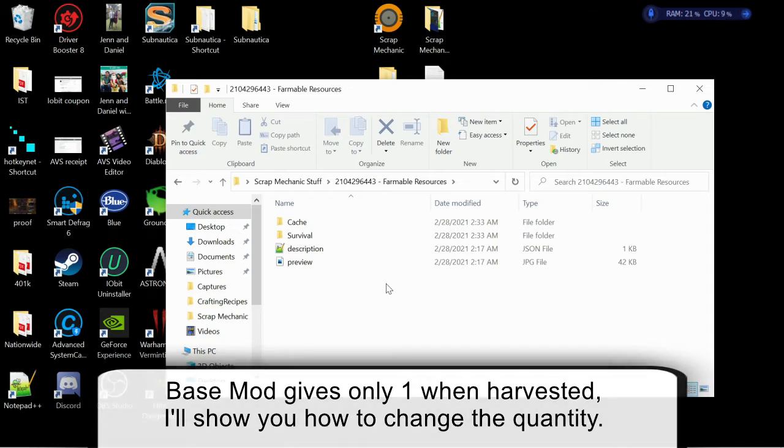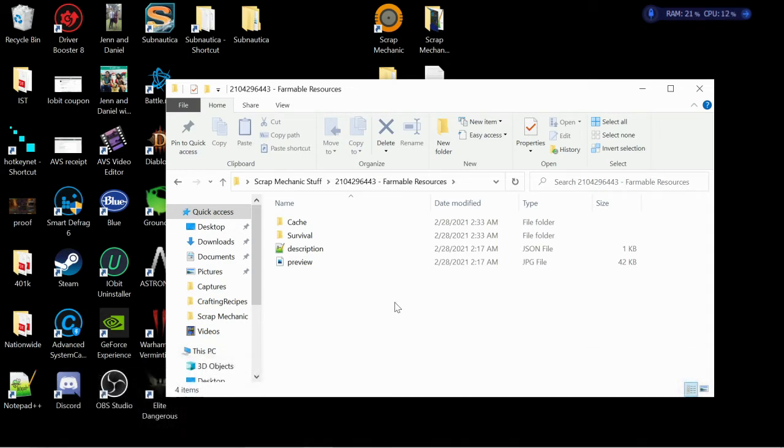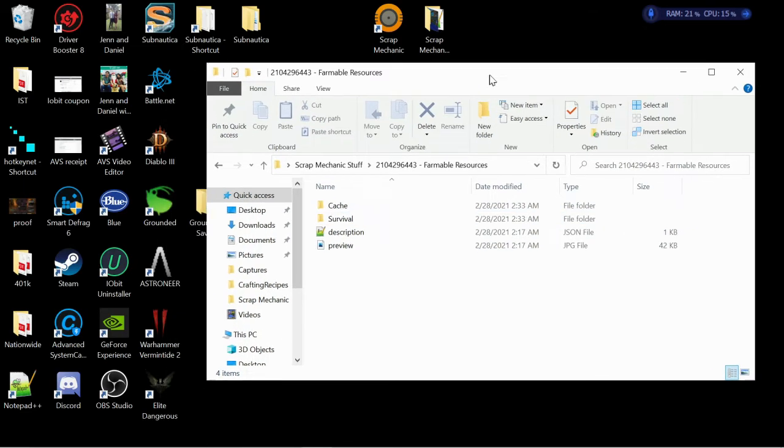I'll show you how to do that. One of the requirements for editing the files is you will need Notepad++ or an equivalent editor of that sort. That way you can view the files and edit them yourself. So we are going to open up,